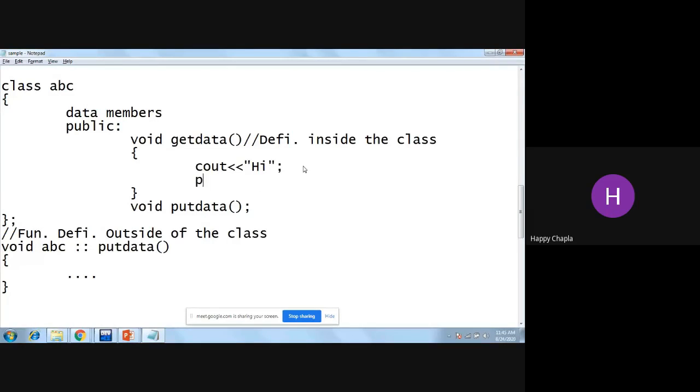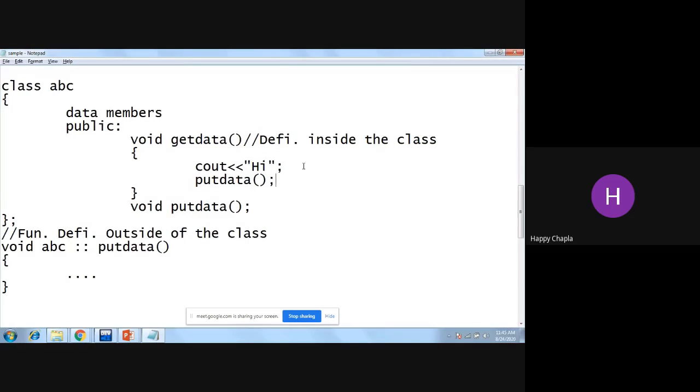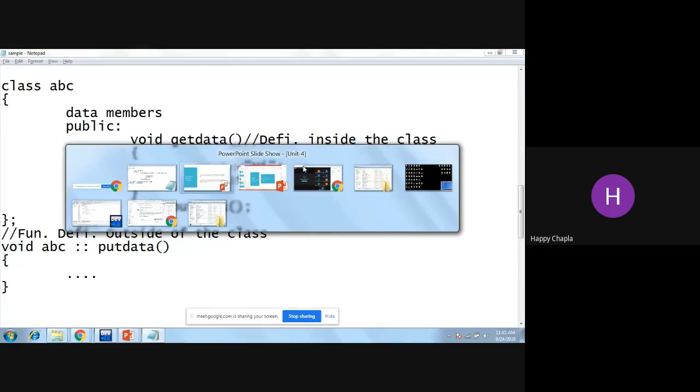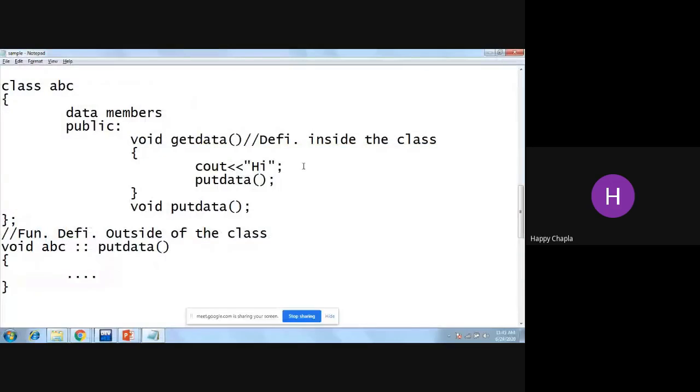Something like put data. Yes, you can do it, but we have some rules for it. Now, if I'm doing this in my program, that inside one member function I'm calling another member function,